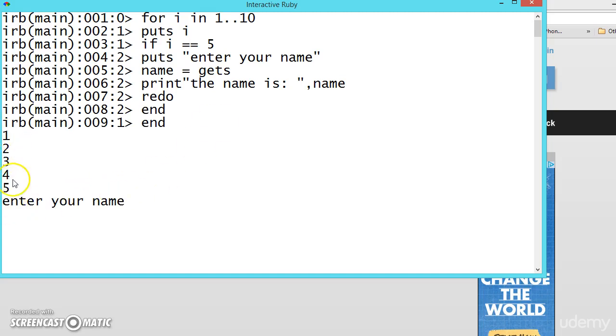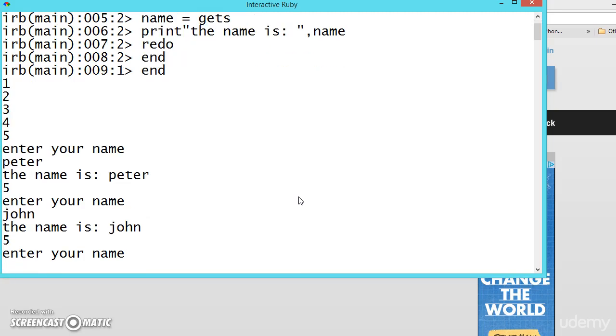So now see, until 5 it is printed. You can imagine this like, before playing the game you will be choosing the player, choosing the dress of the player, choosing your vehicle, and now if you enter or click the play button, you are in the game, in the infinity loop. And now we can enter, like suppose we are filling the database with the names Peter, the name is Peter, again it is asking. Now John, again it is asking. Like this you can also use it. So until you close the application, it will be inside the infinity loop.